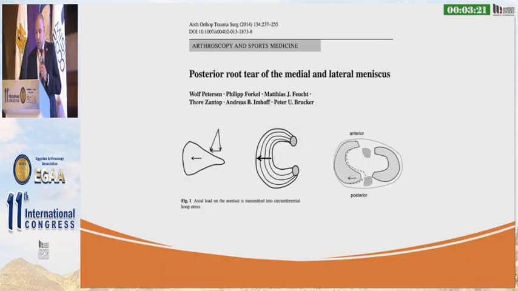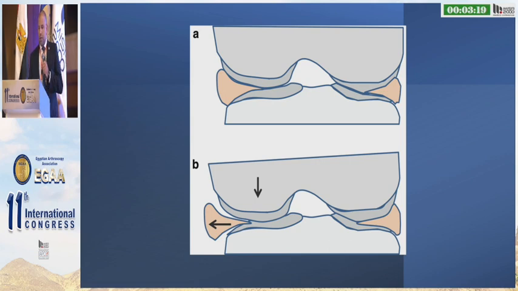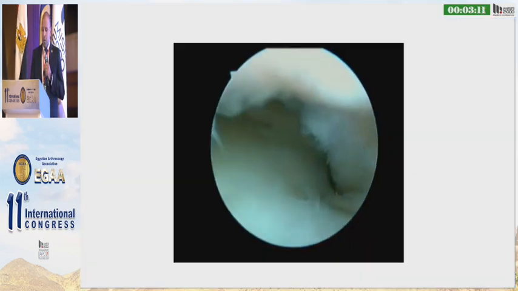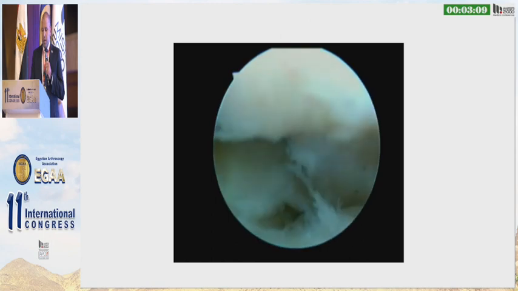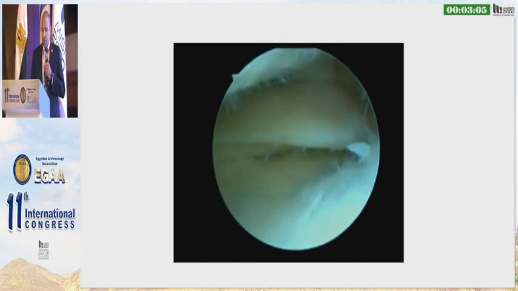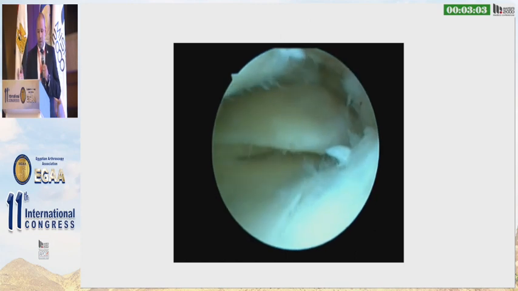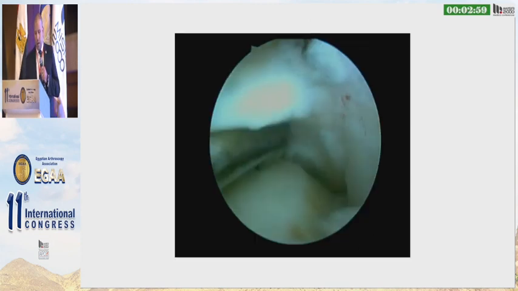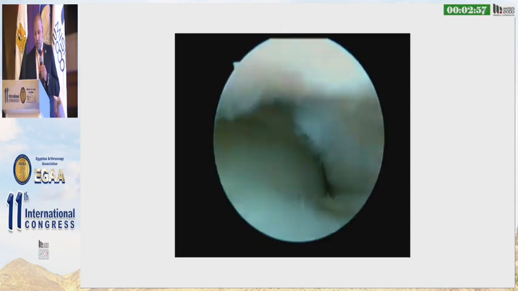And when you have a root tear, you have extrusion. With weight bearing and forces on the knee, the meniscus is extruded outside the knee. This is the video showing with full extension, flexion and extension how much the meniscus is extruded. So when you see this video, with weight bearing, the meniscus is completely outside and there is high contact pressure between the femur and tibia. And also with examination, you can find